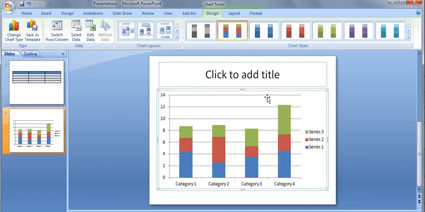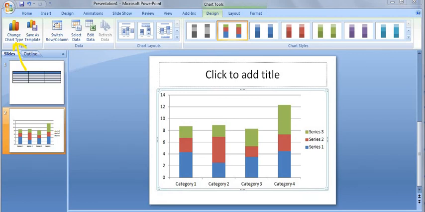So this is a chart. In this chart, suppose I want to change its type. If you want to change the chart type, what you have to do? First go to the design tab. By default, it is already selected. Now in the design tab, in the type group, you can see change chart type, in the left corner.